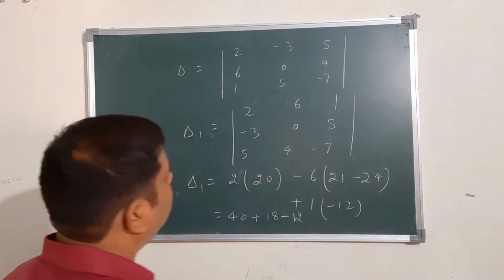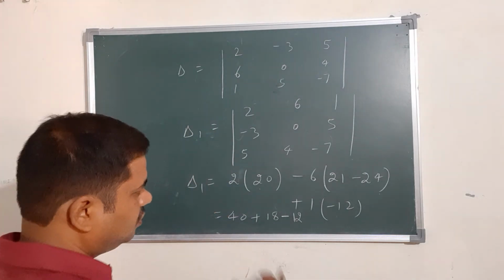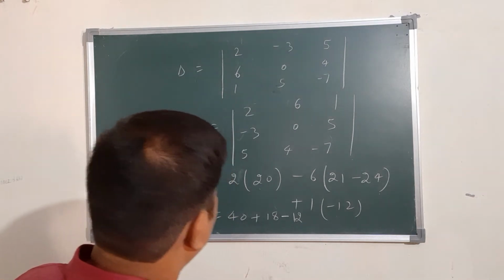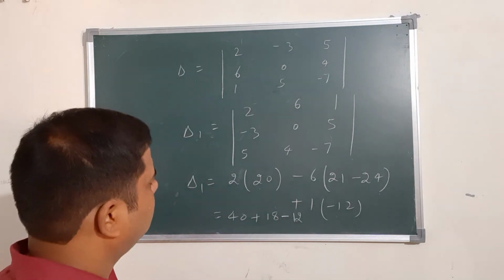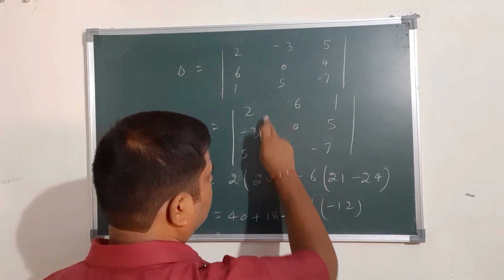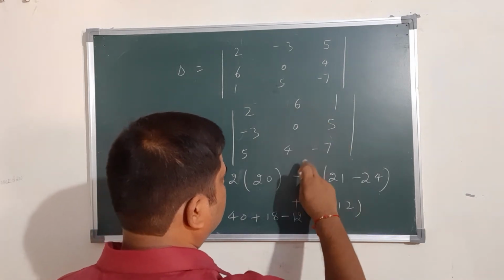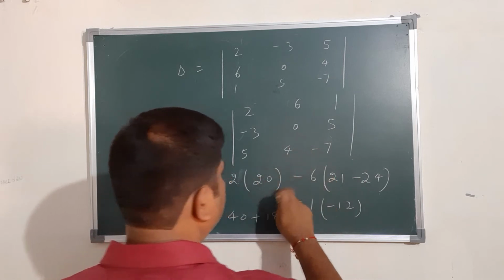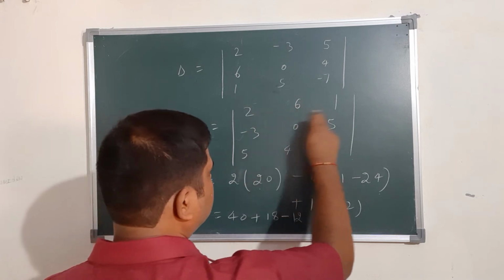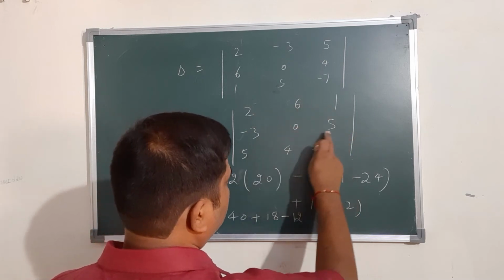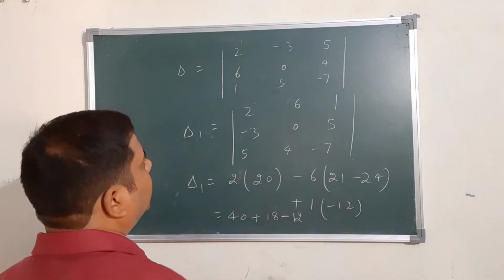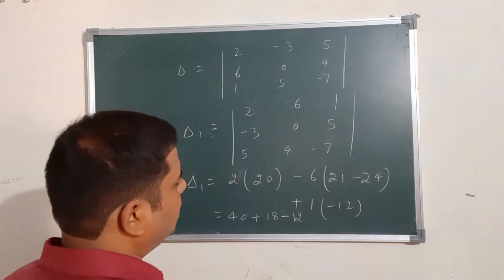There is some mistake. So this is also 28. You verify it, you will get the solution. Okay, maybe some mistakes are there. Plus 2, then leaving this particular row and column, 4 5s are 20 minus 0, 20, and this is minus 6, leaving this row and this column, plus 21 and minus of 25.